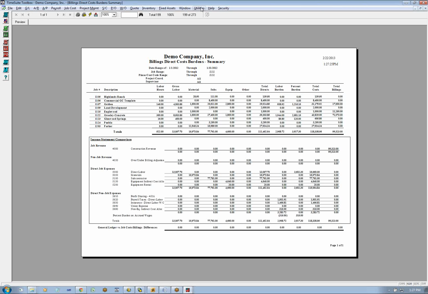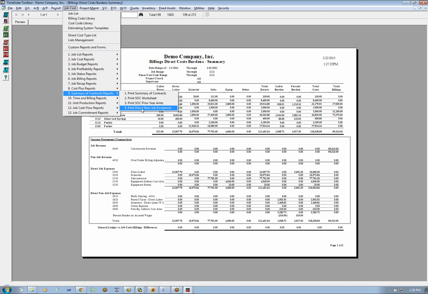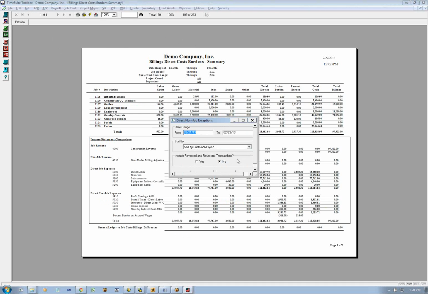If you print this and this is off, then there are two things that generally happen. You didn't accrue wages properly at the beginning of the year or the end of the period, or you have non-job postings. If postings are made into these direct non-job expense accounts, which are set up just for labor burden, your job costs will be off. This report will tell you exactly what went in there, and we do this on a regular basis. We have people move those postings out of there, because this gives you the journal of everything posted into those accounts.